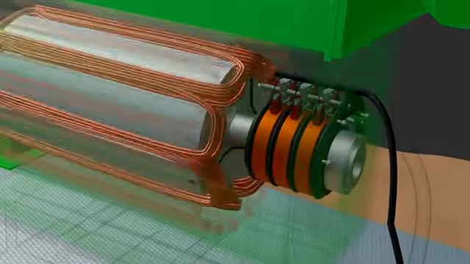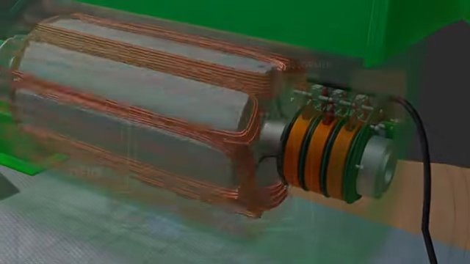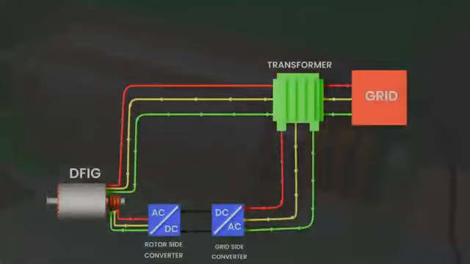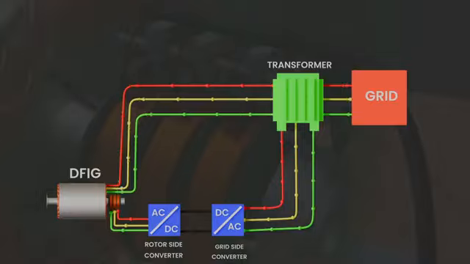DFIG operation modes include sub-synchronous operation. When the turbine spins slower than synchronous speed, the power converter injects power into the rotor through the slip rings and brushes. This additional rotor excitation allows the generator to produce grid frequency power even at lower speeds. Next is synchronous operation. At 1500 RPM, the rotor requires minimal excitation, and nearly all power is generated through the stator. Finally, supersynchronous operation. When the turbine spins faster than synchronous speed, the generator induces excess power in the rotor